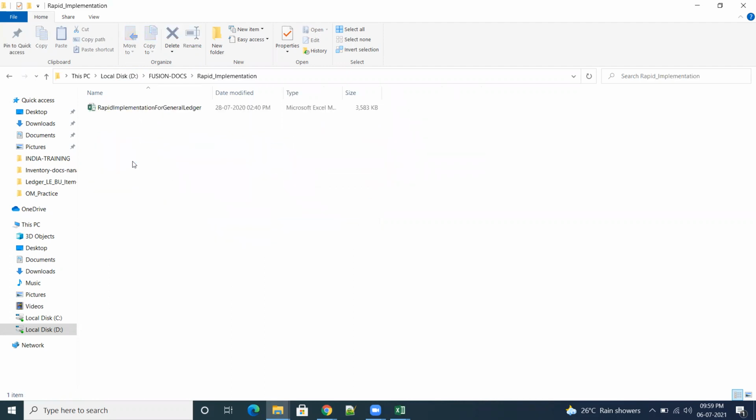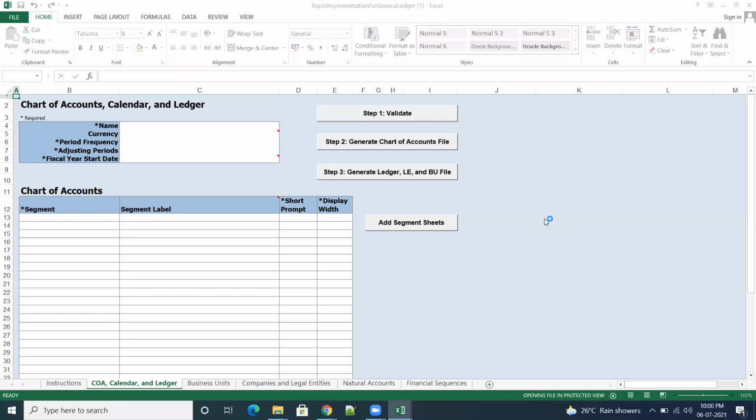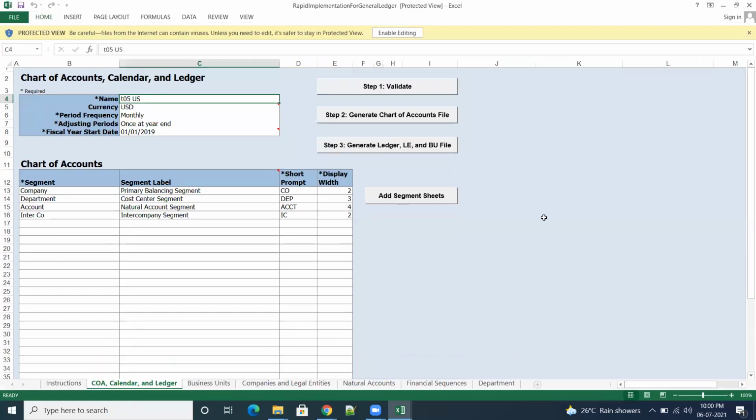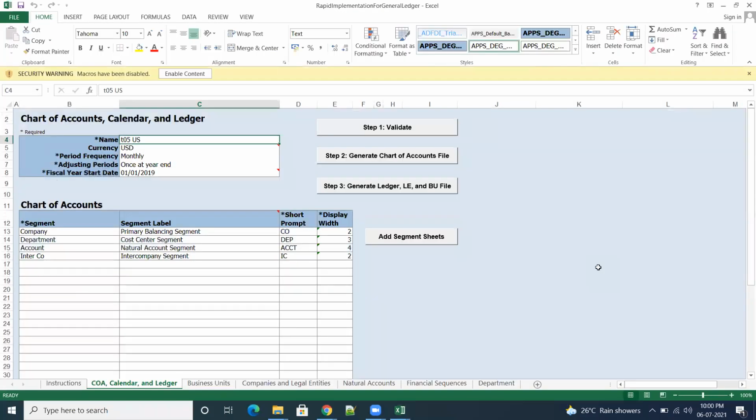Okay, so here I have the rapid implementation file. This data we are going to put into our file and then we'll try to upload it. Okay. So you can ask me where you got this data from. You usually get it from this rapid implementation task, which is used whenever you want to move the configurations from development to SIT, SIT to UAT, UAT to production.